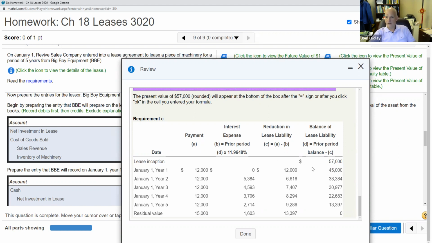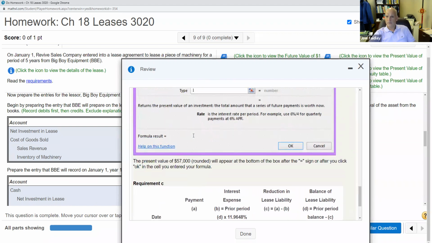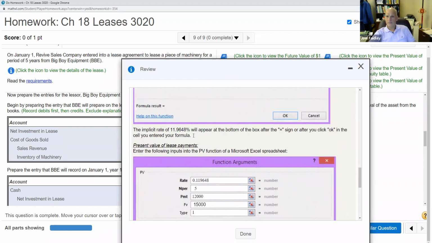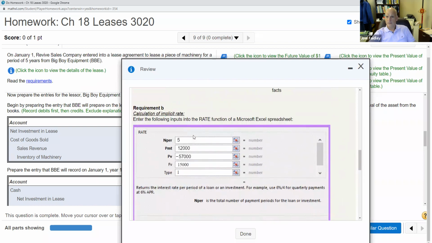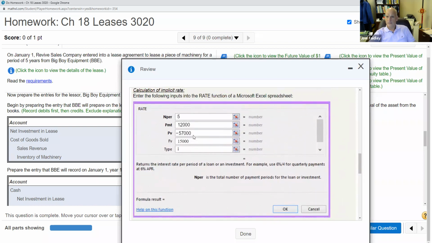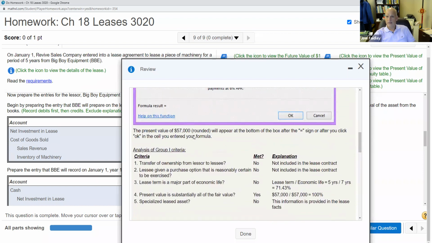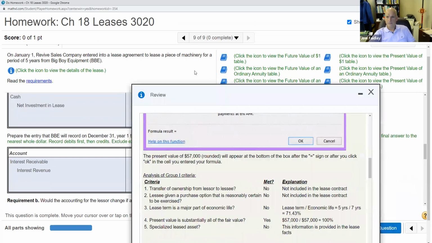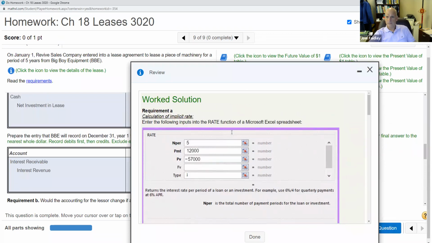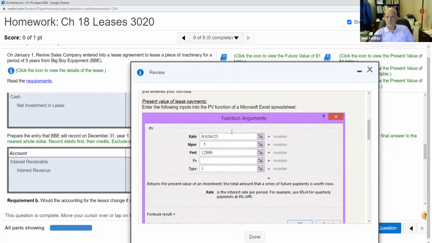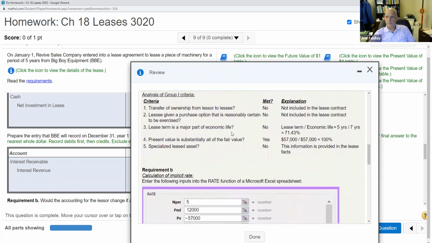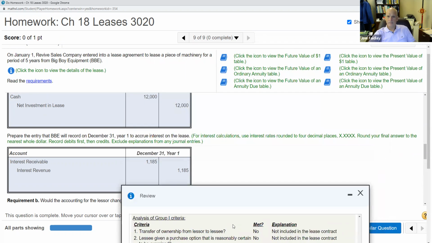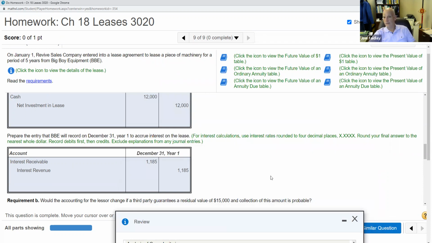Yes, so we have 45,000 times the interest rate. Where do we get 11.9648? I forgot. I don't remember that. Oh, there it is. I must have skipped. Yeah, I did. I skipped part B, didn't I? No, they don't have that on here. This is the calculation for this interest receivable, but that should be